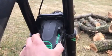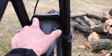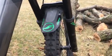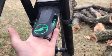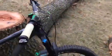It is by Syncros though, and it fits up to your Fox fork a little bit cleaner than this one does, but it was not available anywhere online that I could find. So I settled and just kind of went with this one because it was going to be cleaner than some of the other mud guards that are out there. Moving upward on the bike,